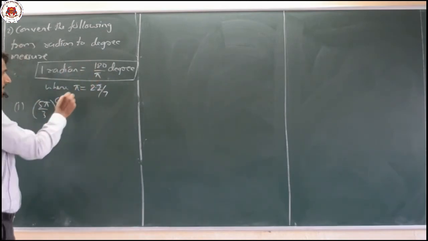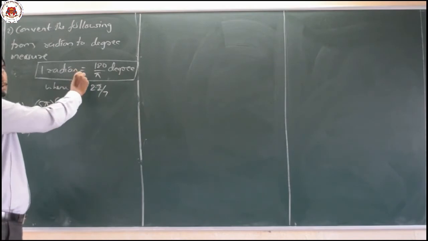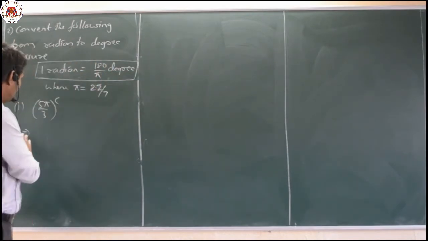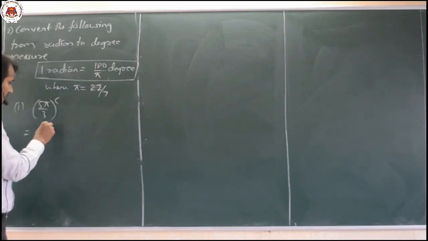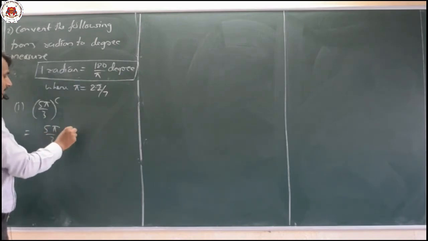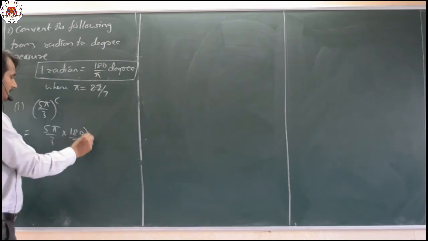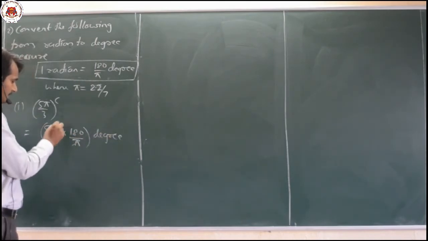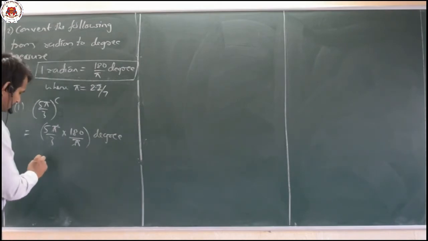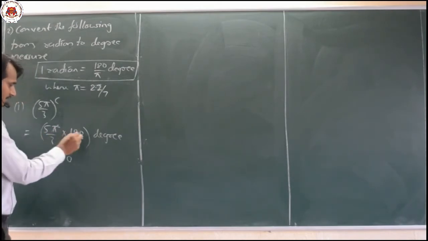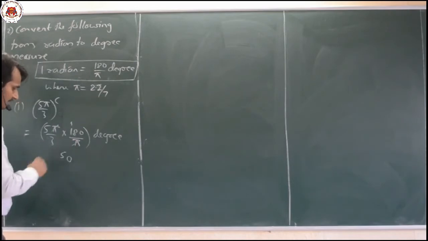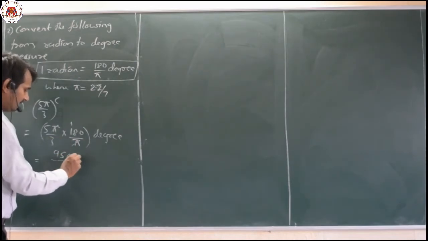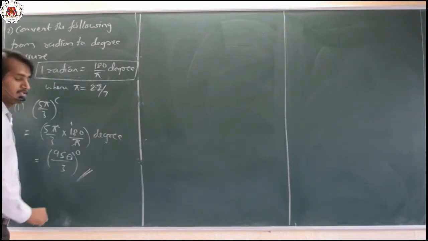We know that always we have to write this formula. We know that 1 radian is equal to 180 by pi degrees, we have to write this, and then write it for every problem. What happens, look: that is 5 pi by 3 into 180 divided by pi. Now it is degrees. Here pi gets eliminated and easily you can write down. That is nothing but 50, 8 5s are 45. Then here 5 1s are 5 plus 9, that is 950 divided by 3 degrees. That is your required result.